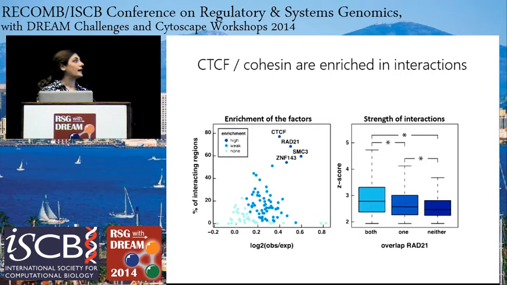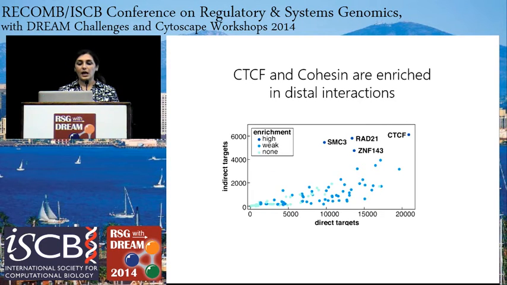the genome. And then we look at the strength of interaction with calculated Z-score, and we found that when we have RAD21 on both sides of the interaction, we have stronger long distance interactions. So RAD21 basically plays an important role in those kinds of interactions. Then, again, we use ChIP-seq data and ChIA-PET data and look at proximal binding and distal binding. And again, these 4 factors pop up,